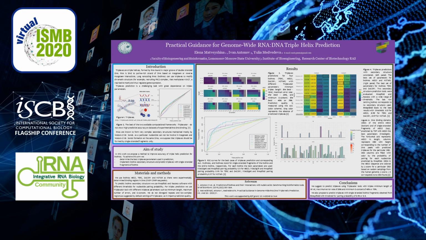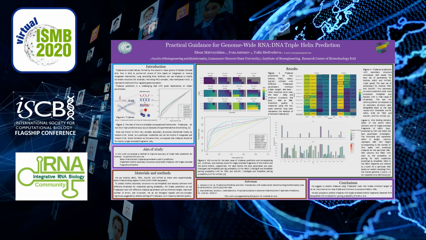In this study, we used 4 lncRNAs, MEG3, TERC, HOTAIR, and DACR1, and their DNA binding regions, determined by ChOP or ChIP-seq experiments. For each lncRNA, we predict triplexes using Triplexator with different triplex parameters, such as minimum triplex length, maximum error rate, and minimum G content of triplex. Then we measured triplex prediction quality with area under the ROC curve and select best triplex parameters by the area.